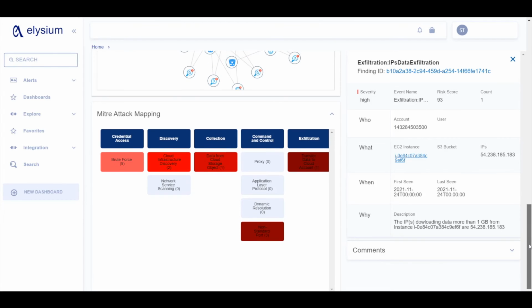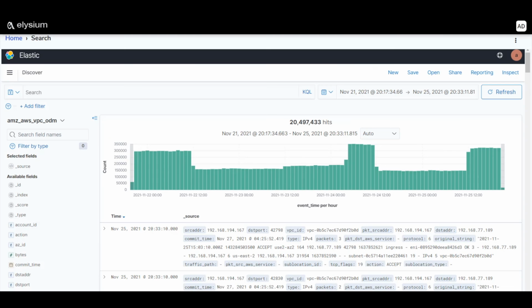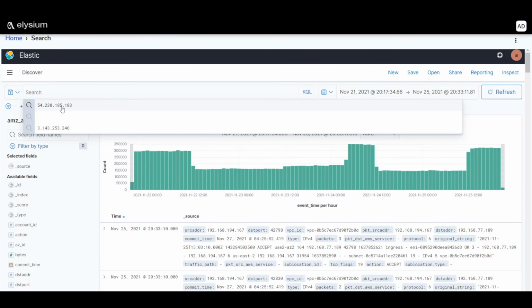All this information is rolled up and then created into whatever service ticketing you want. This one's just created into ServiceNow. And we provide the ability to drill down on these incidents really to help investigate these. So we can also just pivot back over to search and say, let's search on this IP address. We can go over here and just perform a search on it and see what kind of traffic we can